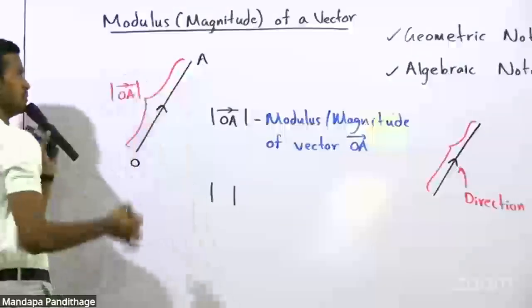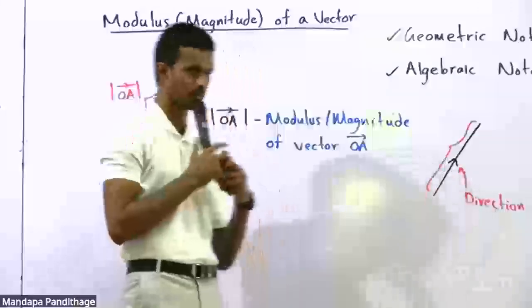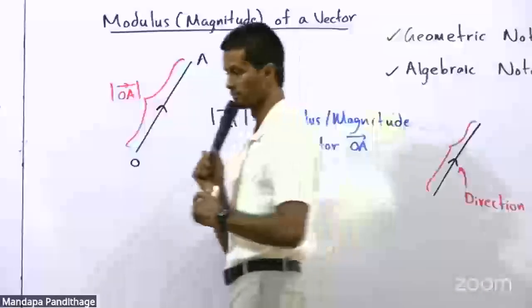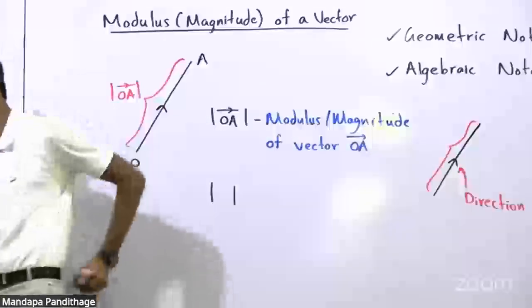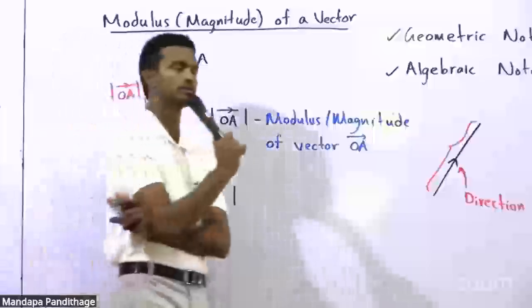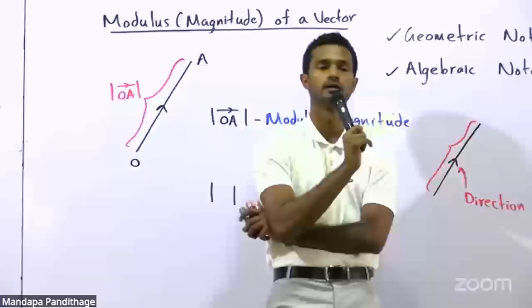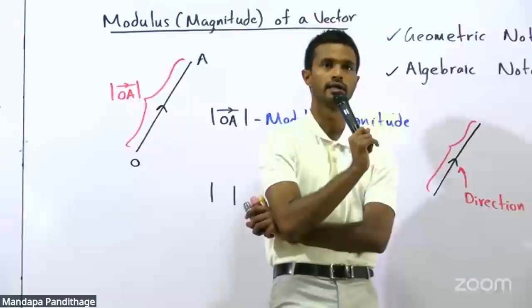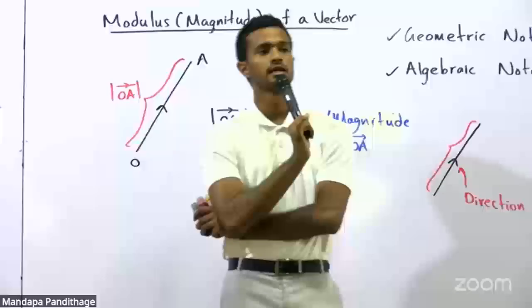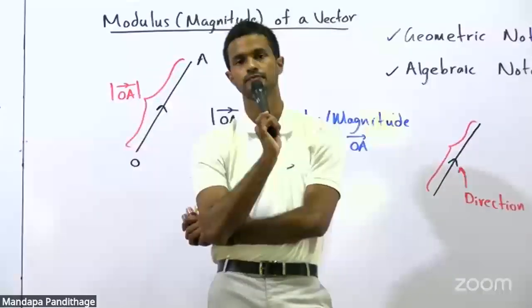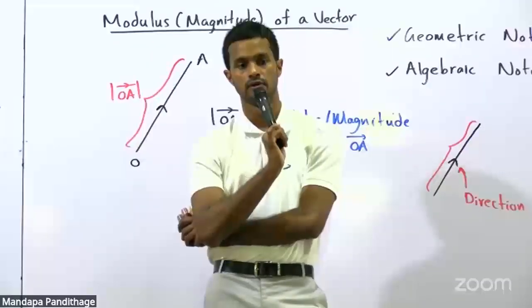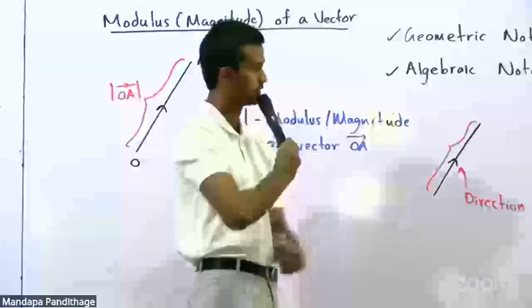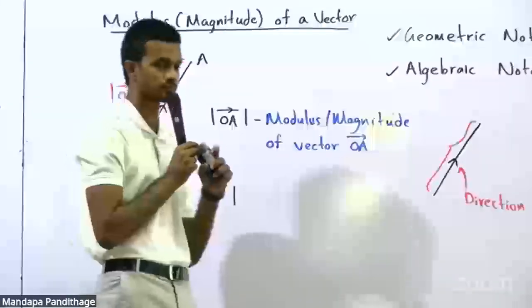Then write this: the modulus of a vector, which is also known as the magnitude, is the numerical value of the vector. It is denoted by